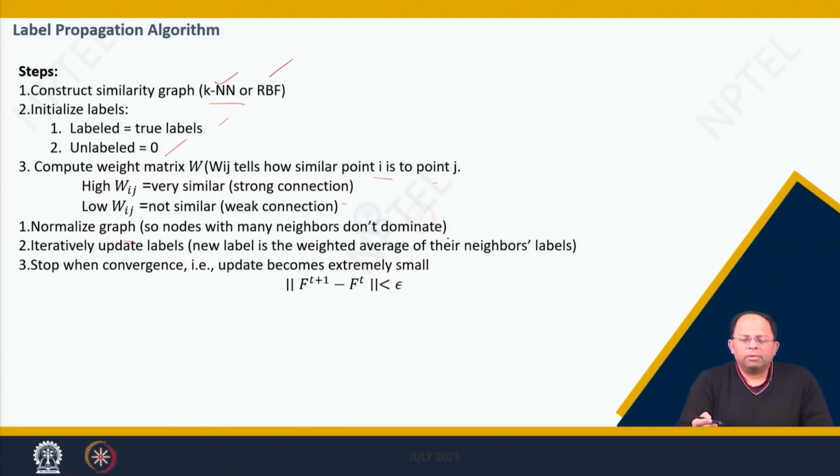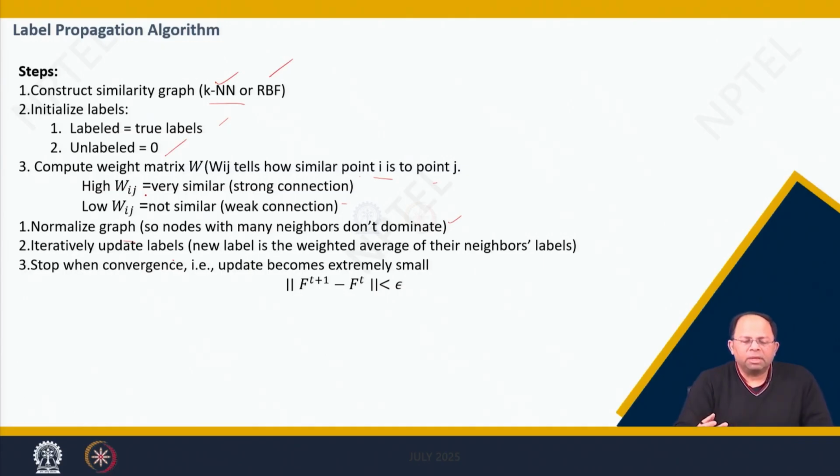That is, some nodes are connected to many neighbors, right? Other nodes are connected to only a few neighbors. So when you normalize, you average it out, right? So those effects don't remain that much. And then once we have done that, we iteratively update the labels, because after normalization we can